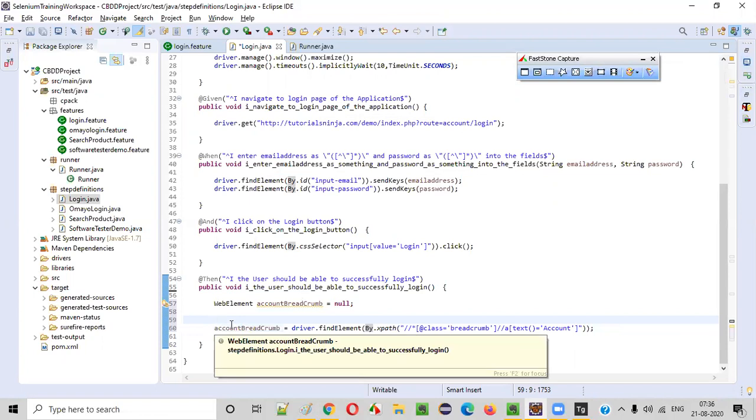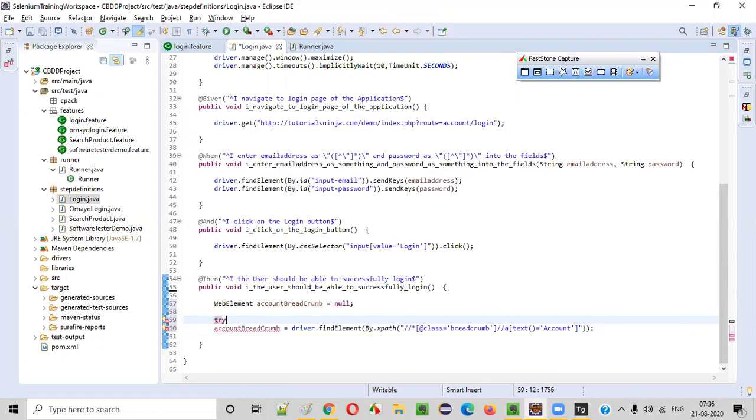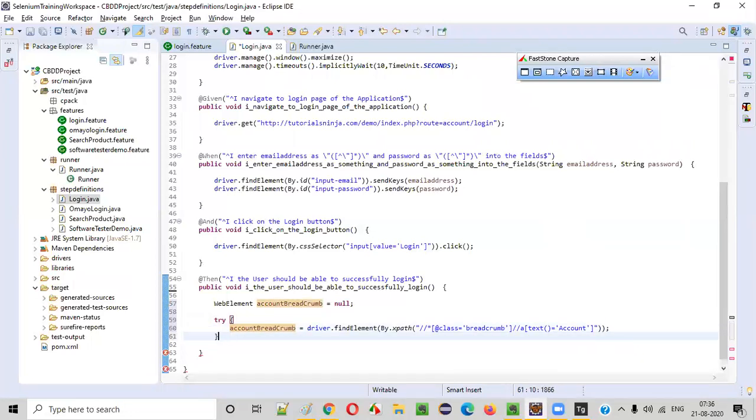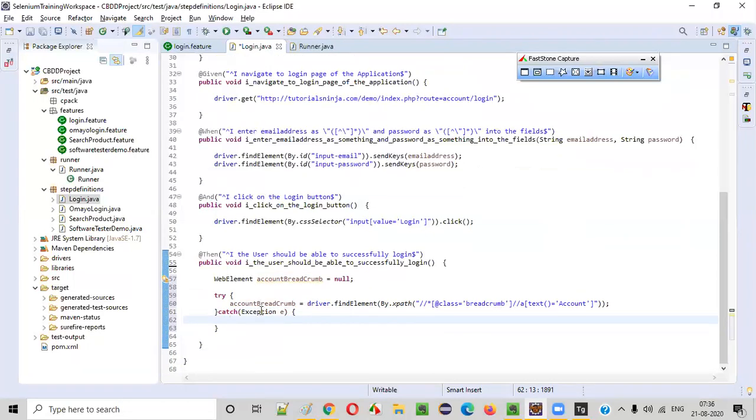To handle that exception, we can put a try catch block here. Try block, you'll get catch exception e. So I'm handling the exception. When an exception comes, I'm handling the exception. If the exception is not coming, that's not a problem.